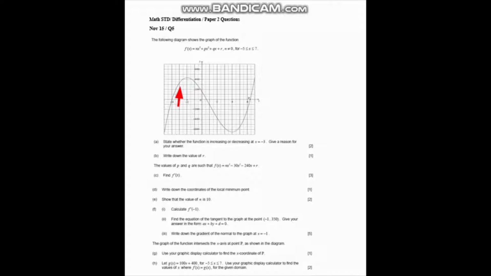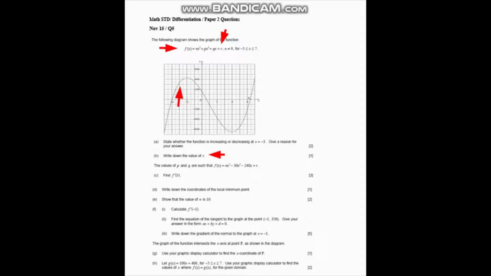Second, you are required to write down the value of r. So in B, you want to find the value of r, given that f of x is an equation where all the coefficients are unknown, and this is the r right there. So what is the value of r? The value of r is the